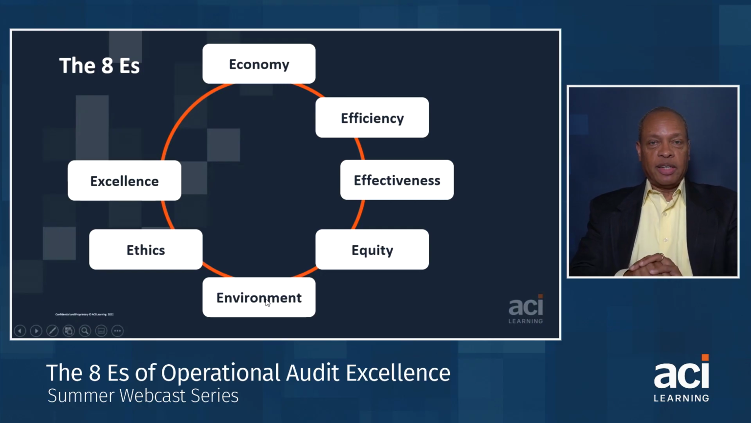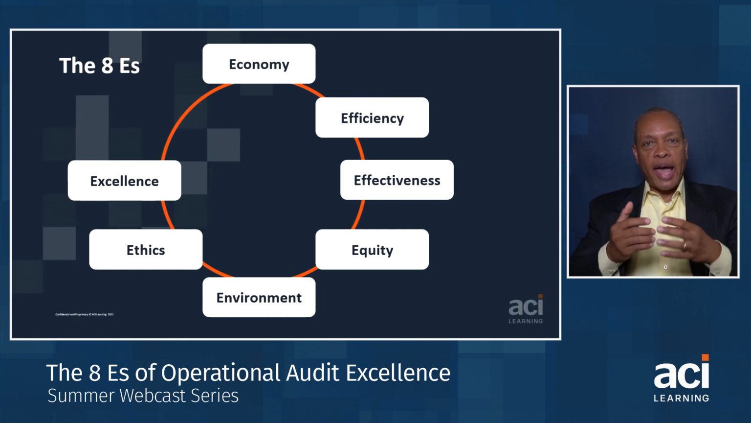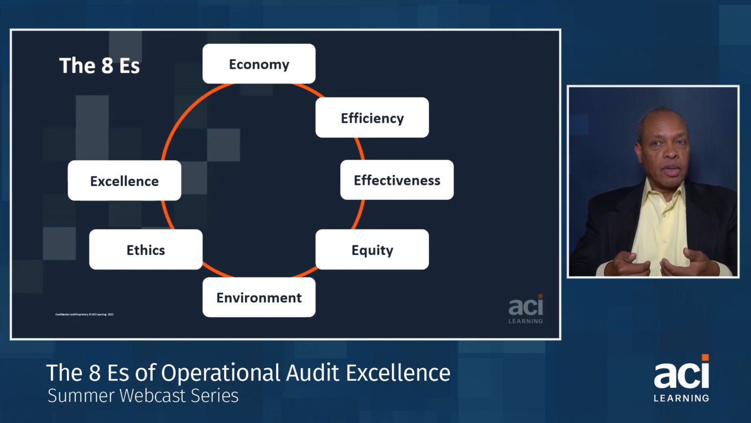Let's move to the next one. So, excellence. Excellence has to do with quality. I like to also add this to the sequence of E's, as the 8 E's go, because one of the key things we need to look at from an operational audit perspective is the quality of the work that is being done. By and large, and we can get more specific, of course,